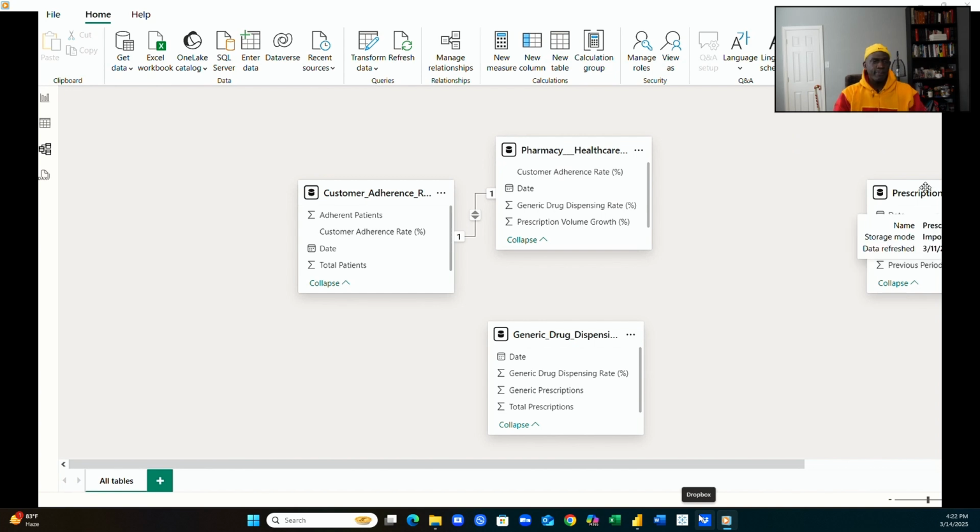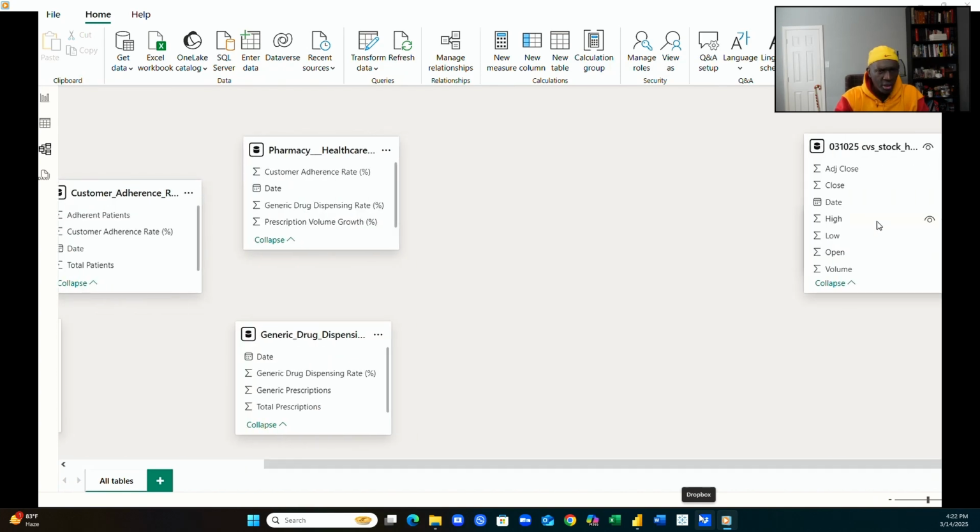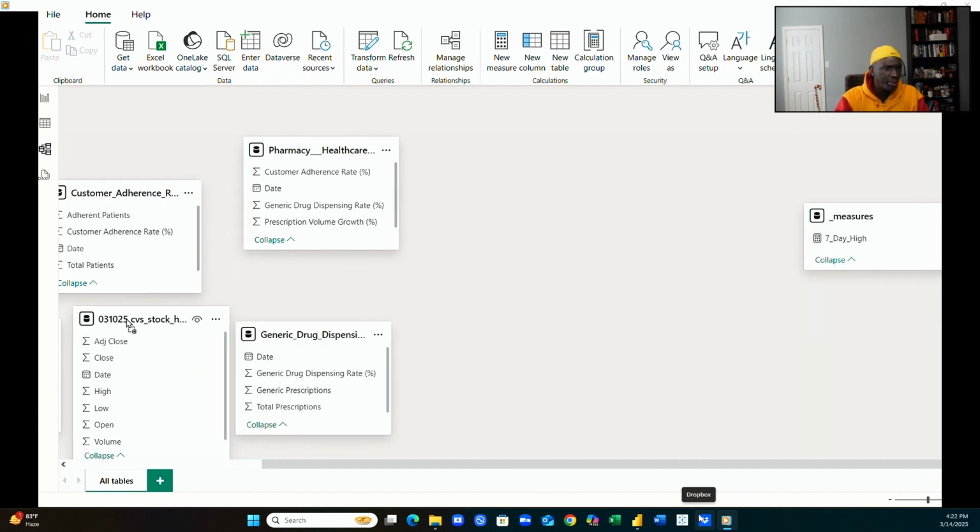My apologies. Now we're over in the model view, and in the model view, what we do is we create a model of the tables. The reason why we're over here in the model view now is because we want to be able to,